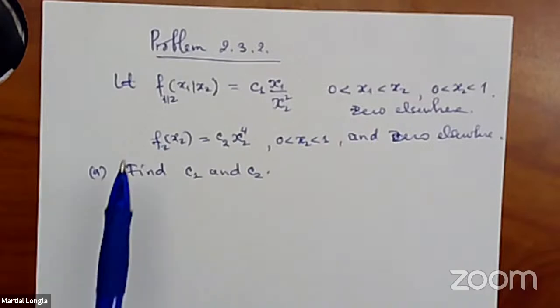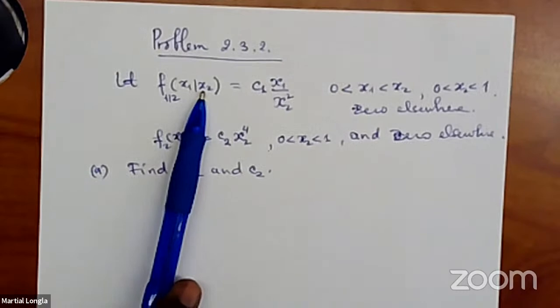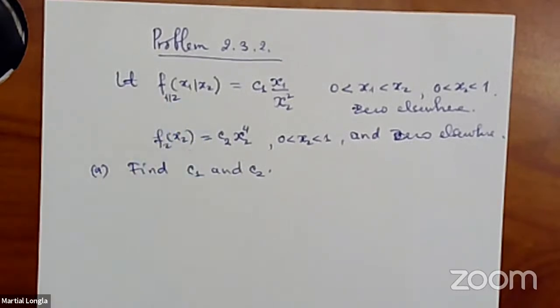The problem says this is the distribution of x1 given x2, and that's the distribution of x2. So what's the property that needs to be used? Integration of each of them should be 1, because they are distribution functions. That's what needs to be used to find